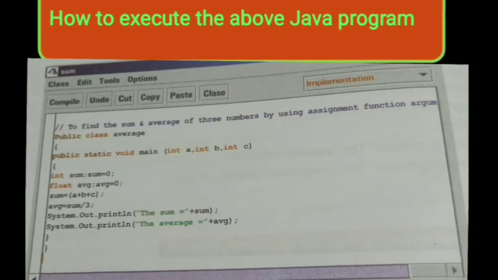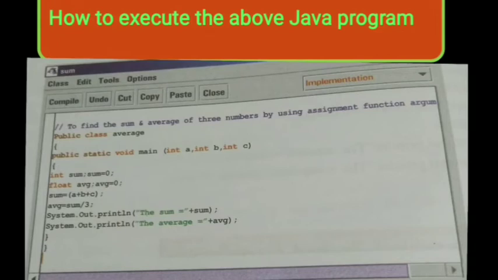It's the editor, and then we'll compile the program after writing. After you have finished writing the program, what will we do? Compile. Click on the compile button, and if there is no mistake in writing, if there is no error, then at the bottom it will display no syntax error. After you have done that, then you have to run the program.